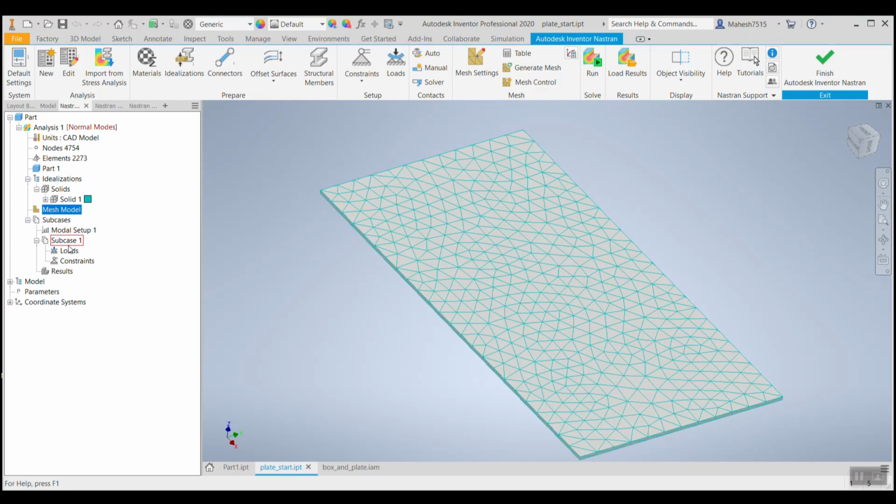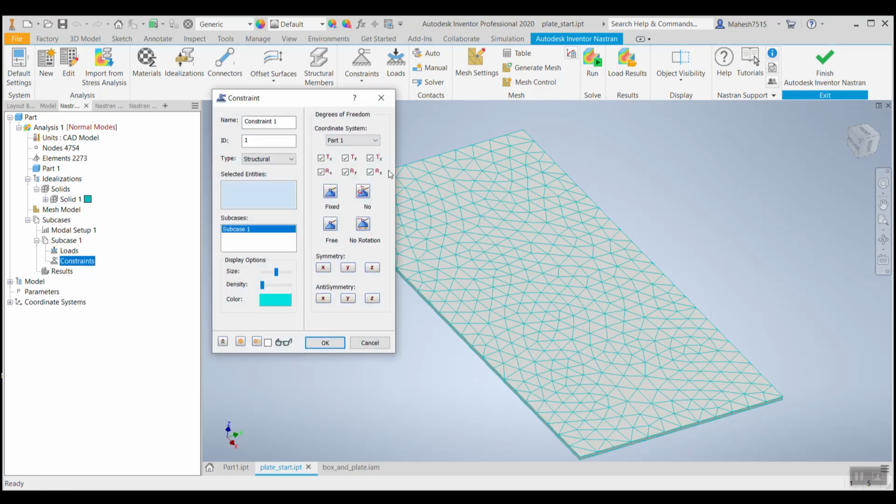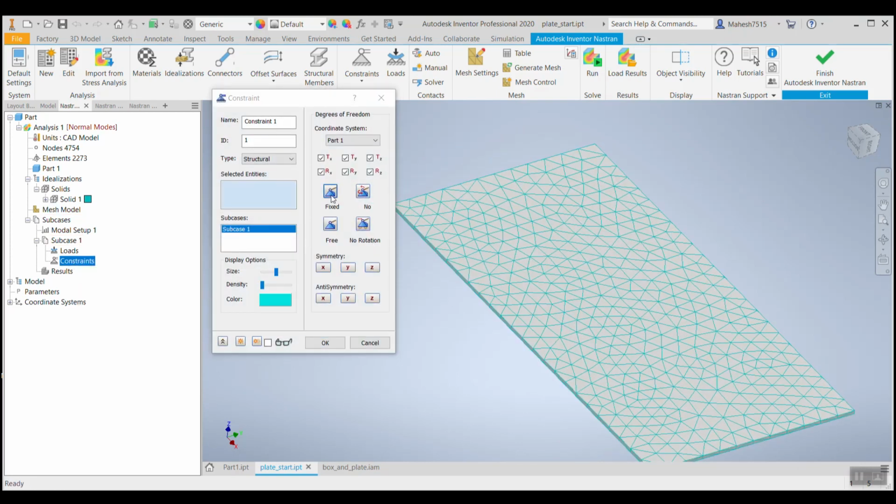So going to constraints, say new. We have our pre-constrained options like fixed, free, no rotation, or else we can use this column to manually constrain your parts. T is something which denotes the translational motion. So Tx is towards your x, Ty towards your y, and Tz towards your z respectively. And R is something which denotes the rotational motion along the axes of x, y, and z.